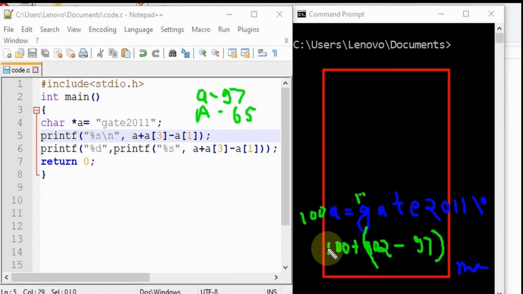We are doing some calculations here, and based on that our starting value will be mentioned, and based on that our string will be printed, because whatever the starting address is, from E, from T, till 1, our string will be printed if we want to print that.